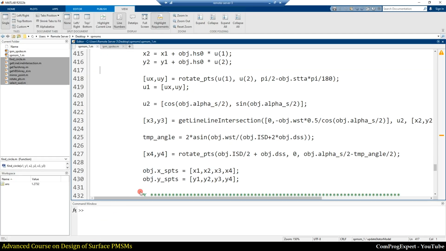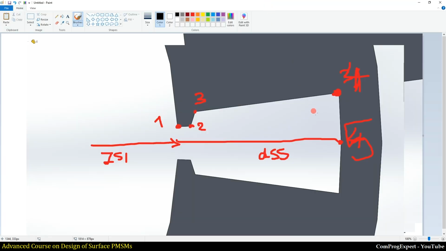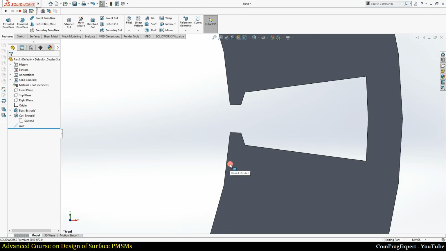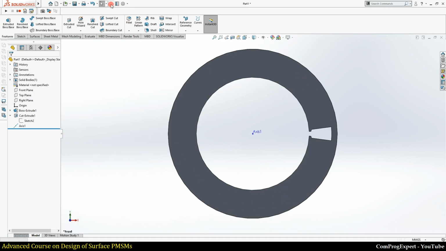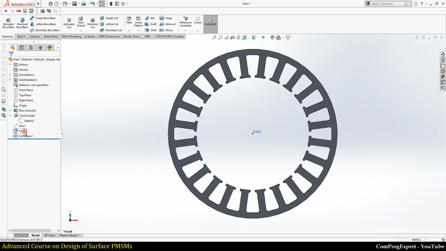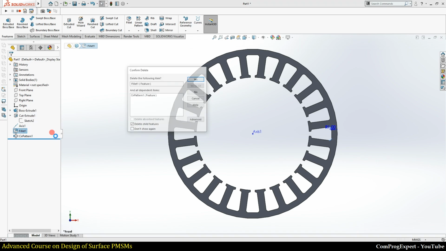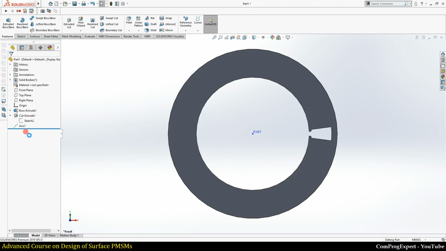We can calculate it using this method. We can calculate this angle and finally rotate these points to calculate the corresponding point, that is the point number 4. We know this angle. Let me delete this fillet. Excuse me.